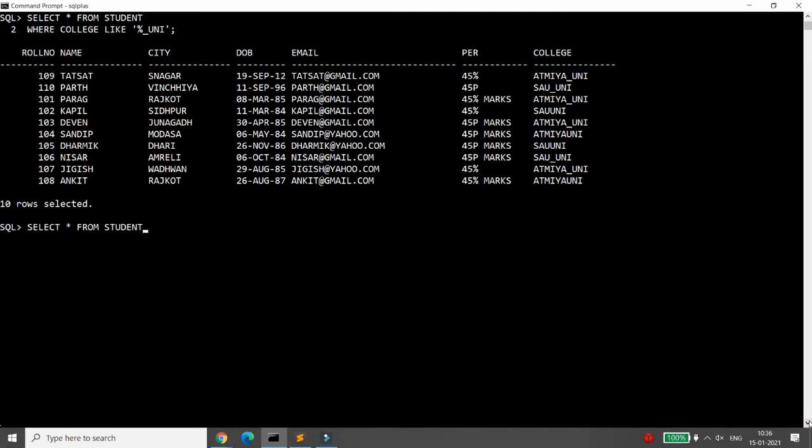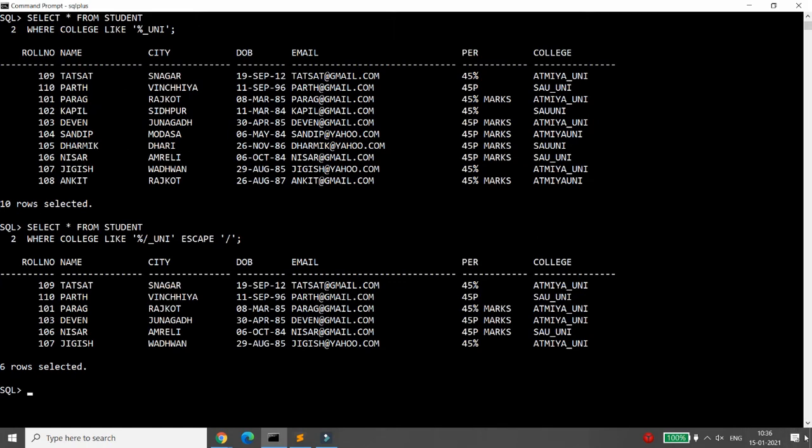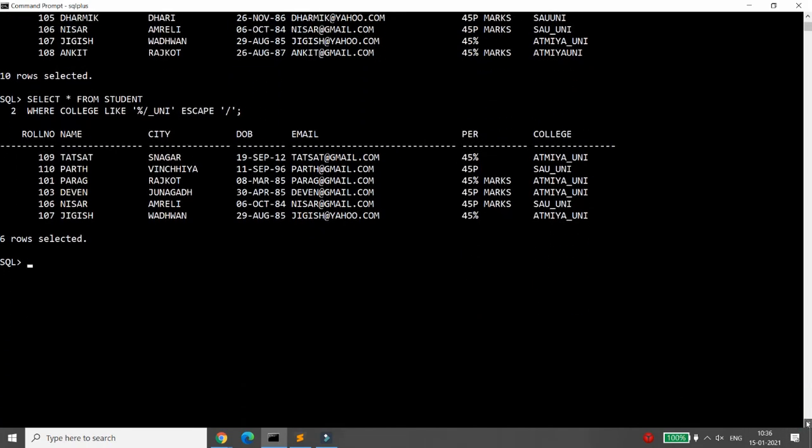So if you want to search exactly for the underscore, then you can write the slash over here, the escape slash. So what will it do? It will escape the underscore, and as a result, your underscore will be matched, and now it will give you all the data whose college ends with underscore uni only, right?